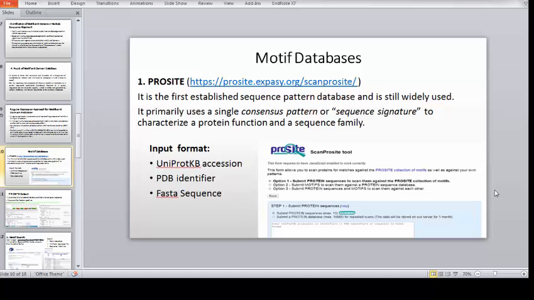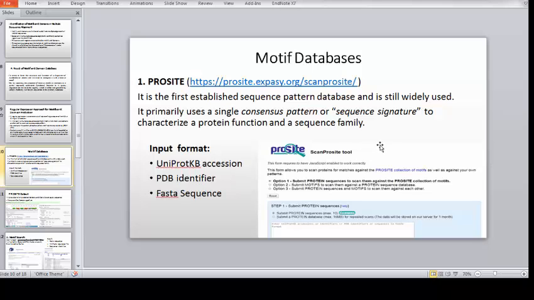For this database we can use UniProtKB accessions, PDB identifiers, or FASTA sequences as an input format. That means if we have any of these data, then we can find the motifs that are present in our sequences using